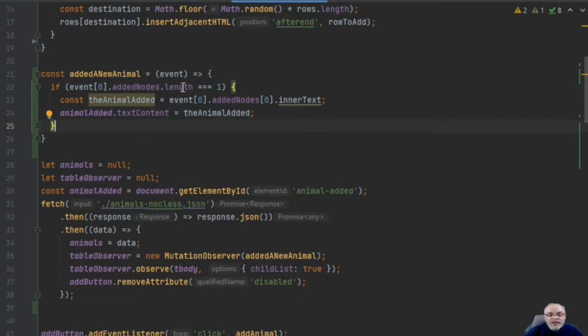But the key here is that this mutation observer has noticed that I have added a new node, and it has in particular an addedNodes property that gives me an array of all the nodes that have been added. So if I added multiple TRs, multiple animals, it will tell me that. If I added just one animal, it will tell me that. There's also, I think it's called removedNodes. There's a removedNodes property that says if I've removed any particular nodes. So a mutation event contains